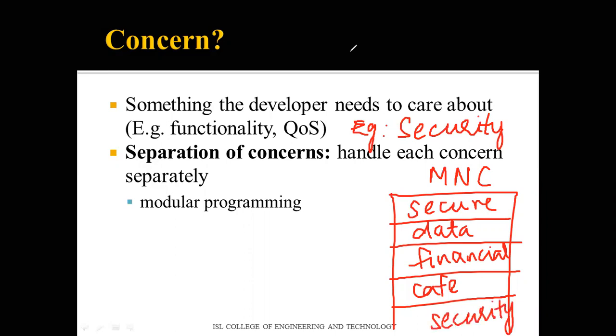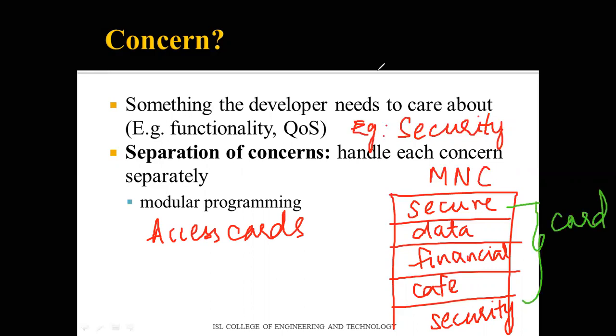Now there are different teams working in each of the different departments. Each of them is going to have a card that will be used for their access. That is, you're going to have different access cards so that you can enter specific areas of the building. Now, suppose you give the same security card to all the persons within the company. Everyone who walks in needs to go to the cafe, the financial department, where the data is stored, and a very secure department where a project is being developed that is not yet shared with the